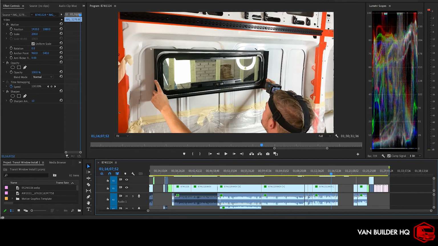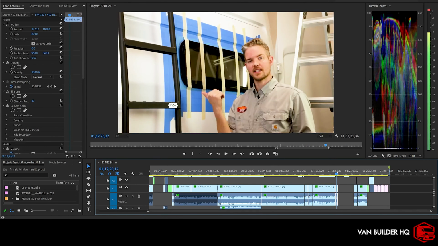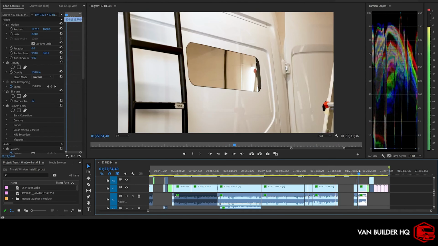So what was the problem? The problem is I had to cut my window out first, and I had to install my window. Then I had to remove the window, install this trim ring, glue it in with adhesive, reinstall the window to compress this trim ring. And then once the glue dried, I had to take the trim ring out, and then I had to do